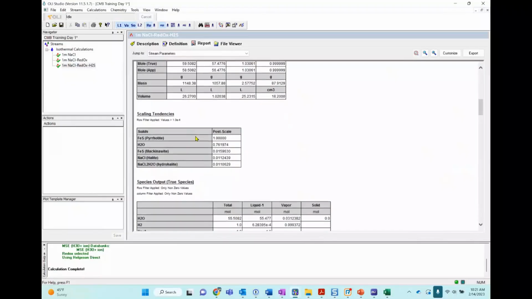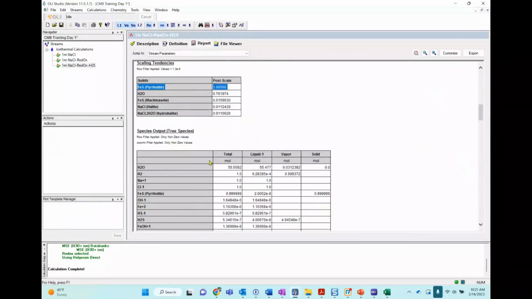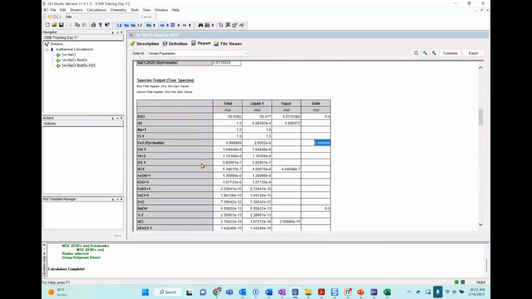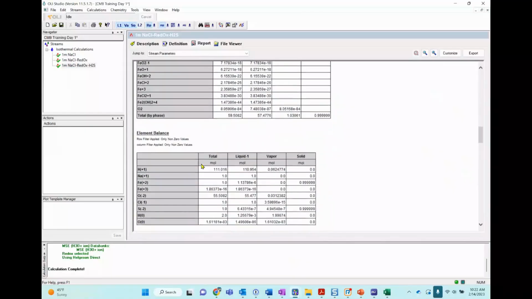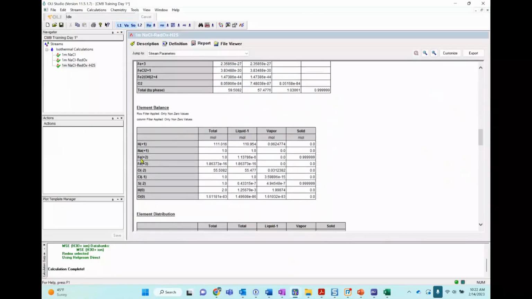This is now the solids that are being formed. Pyrrhotite, iron sulfide. Iron sulfide is the main solid that is being predicted to form. And in the element balance, you will see that you don't have elemental sulfur left.